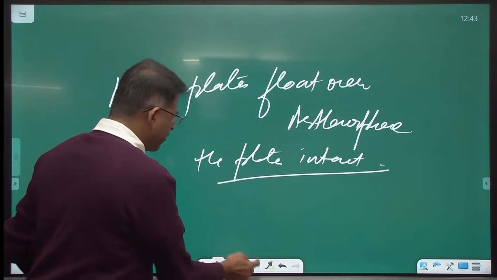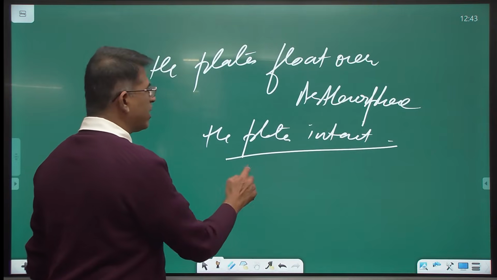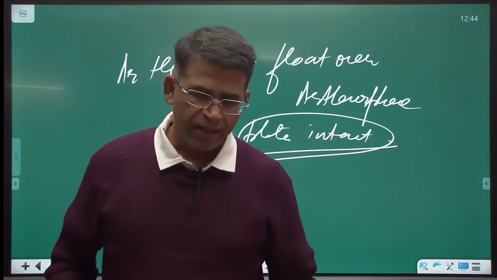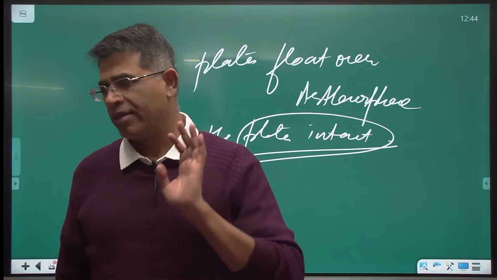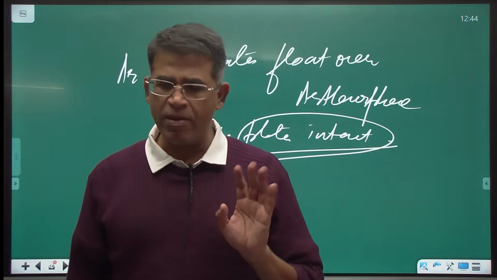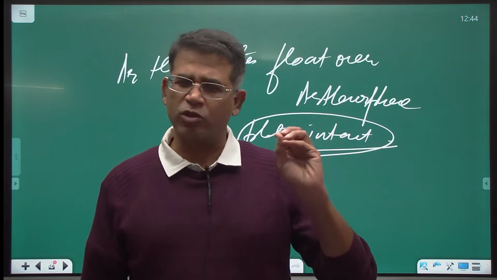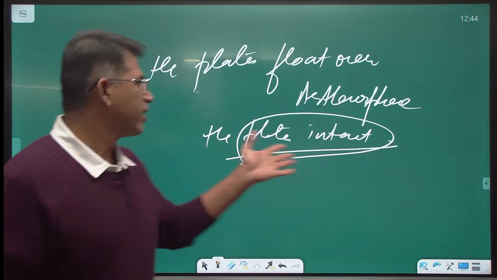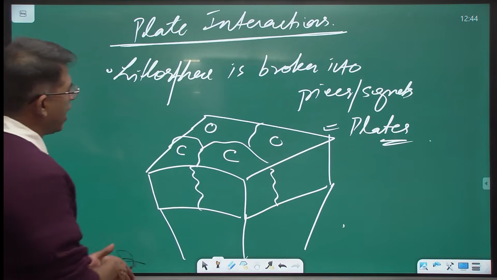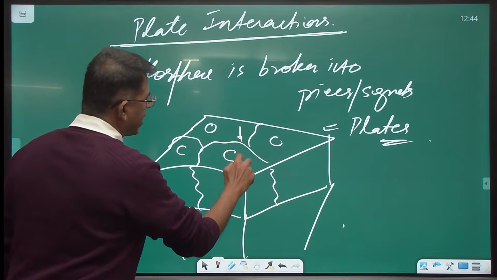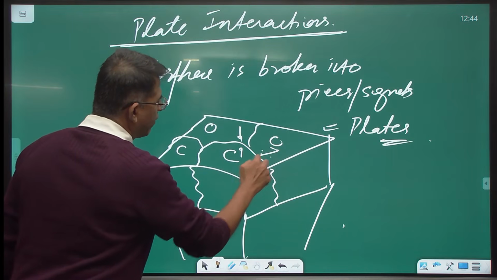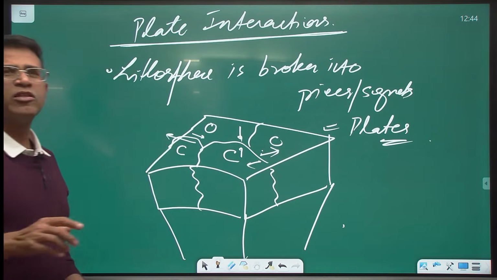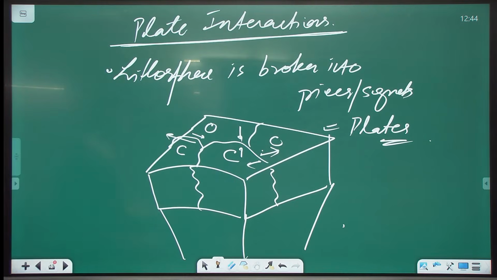So again, something very basic, most of us have heard about it. The plates interact. The details of this I teach in geomorphology. Some of you have done that, no problem. Others, generally we know this much basic. Otherwise, fine, now you know it. The plates are interacting. They can collide, they can move away from each other, they can rub past each other. There are different types of plate interactions.